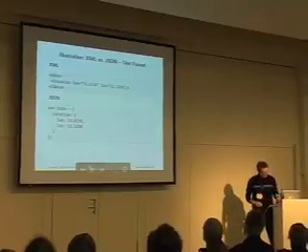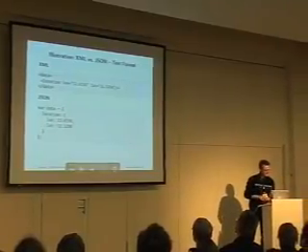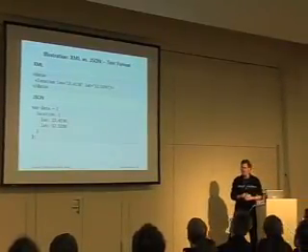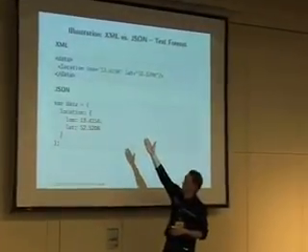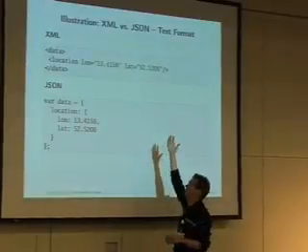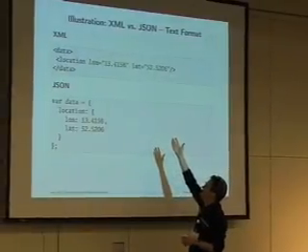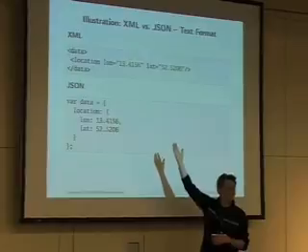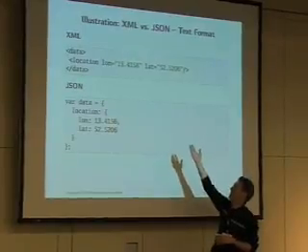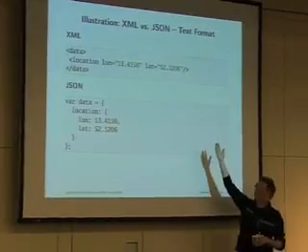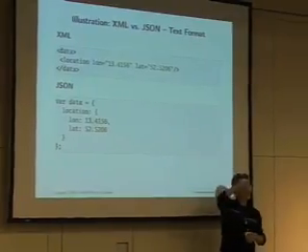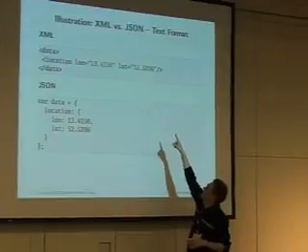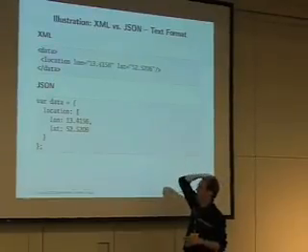Okay. The point I wanted to make is about XML versus JavaScript object notation. That's how something like a location data structure looks in XML. You have this data element, and then you have a location element. It has two attributes, longitude and latitude, and those have values. These values happen to be geographic coordinates.